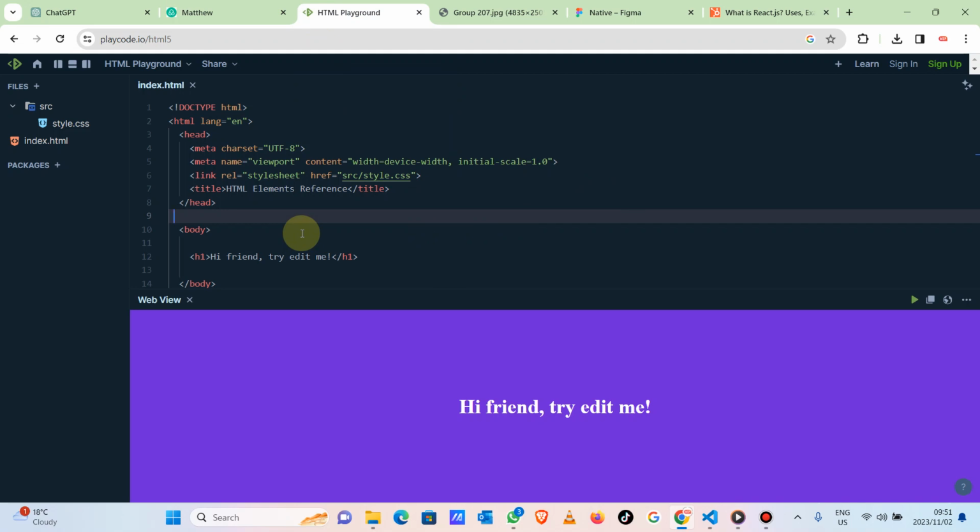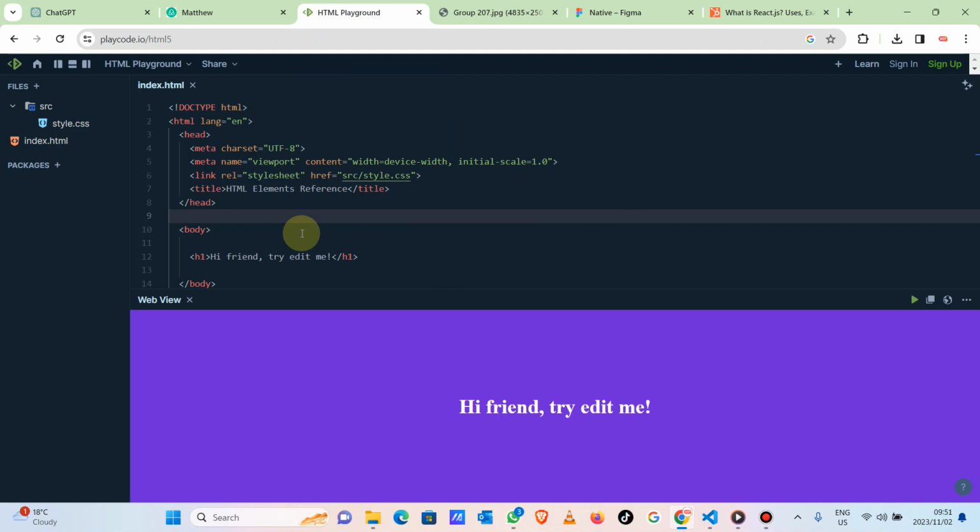HTML is a markup language, yet most of us compare it to a programming language. That's the first problem that we have about HTML. HTML is not a programming language, just the same way CSS is a styling language. HTML is a markup language. HTML doesn't have if-else conditions. HTML is smart in its own way. It's not designed to make logical conditions. It's not designed to be intelligent. So it's intelligent in its own way.